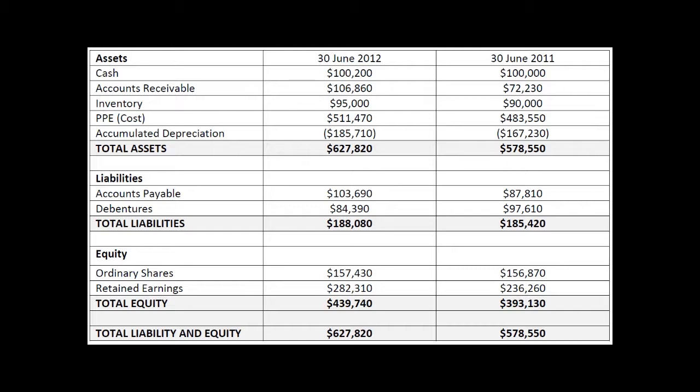It may just all be textual. The information will be there to do what you need to do with it. Now, when it comes to calculating this stuff and to do a cash flow statement,